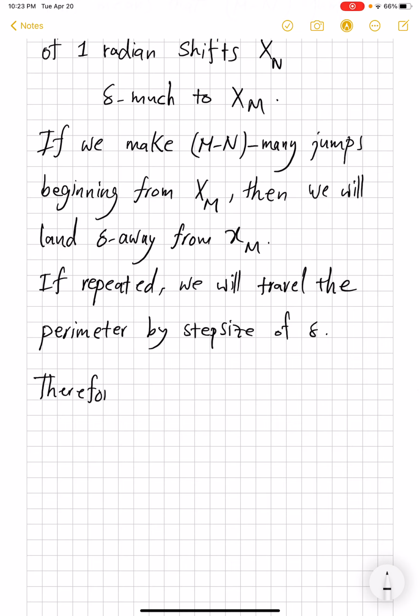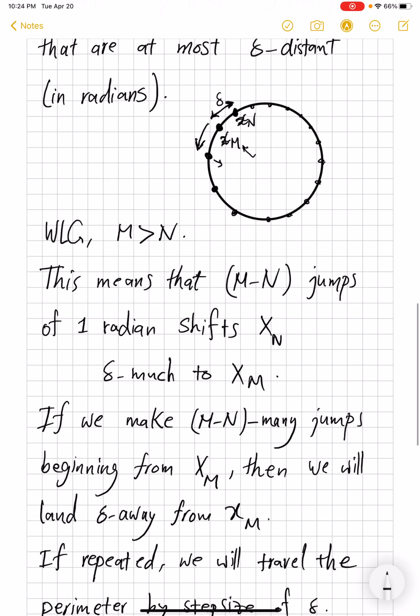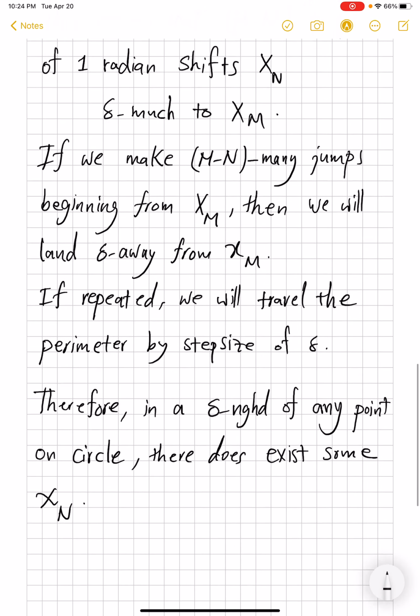So this would mean then, therefore, in a delta neighborhood of any point on the circle, there does exist some xn. So again, back to this picture, if you give me any point now, and I take delta neighborhood of that, so I move delta this way and delta that way, one of these points will land there, right? Because if there were no points, that would mean you have skipped by a step size of 2 delta, which isn't the case. And now because delta can be chosen